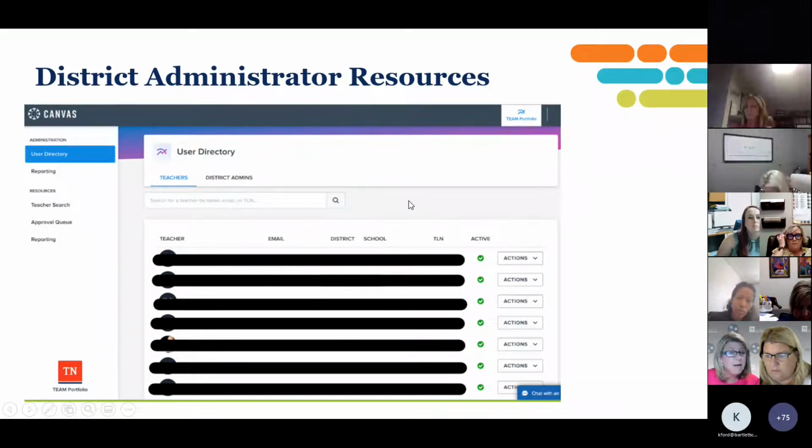Currently, we have not rostered teachers. So no one will see teachers here yet. We're going to roster teachers next month. So it's very important that you attend next month's office hours for directions on how to roster your teachers. But once your teachers are rostered, you will see their names, their email, your district, their school, and their license